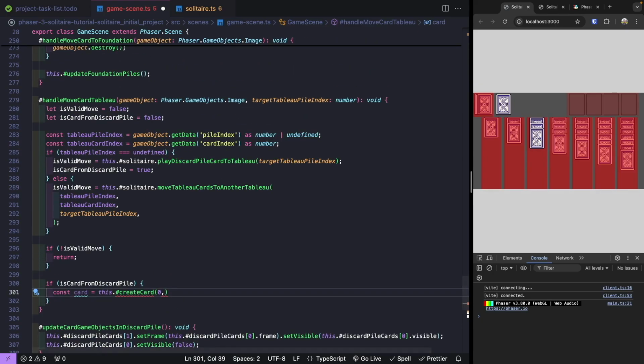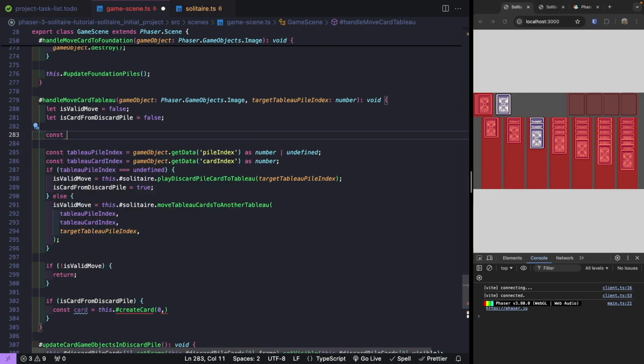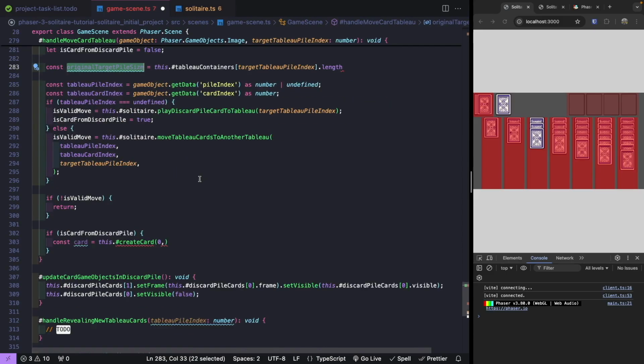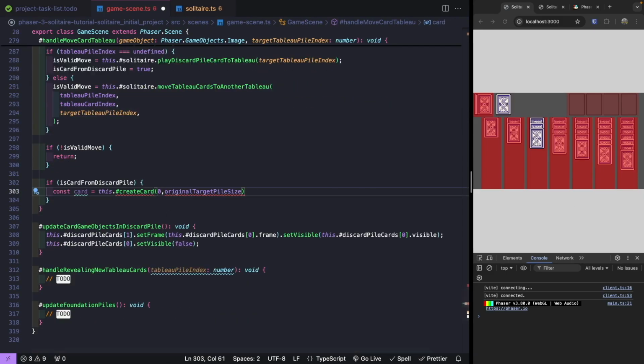So to get that value, what we're going to do is let's make a new variable at the top of our method. We'll do const and we'll do original target pile size. And so by doing this before we do anything else, we'll actually know the size of the pile before we add any cards to that container. And so we'll reference our tableau pile containers. And now we want to grab our target pile, our target tableau pile index, and we want to grab the length. So now what we can do is for our Y value, we can go ahead and use that variable and we can go ahead and multiply it by 20. So then that way we know what the current size is, and the new card will be down 20 pixels